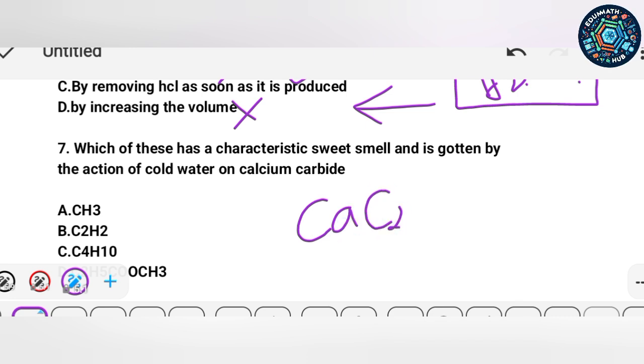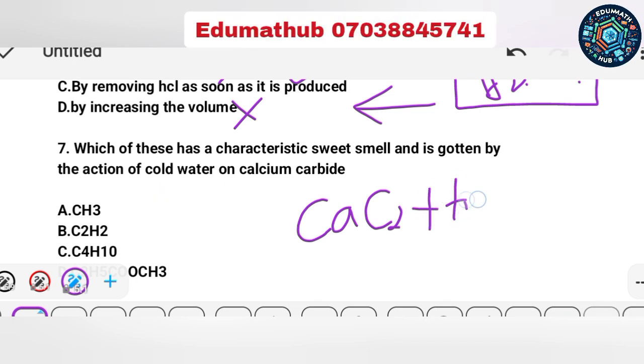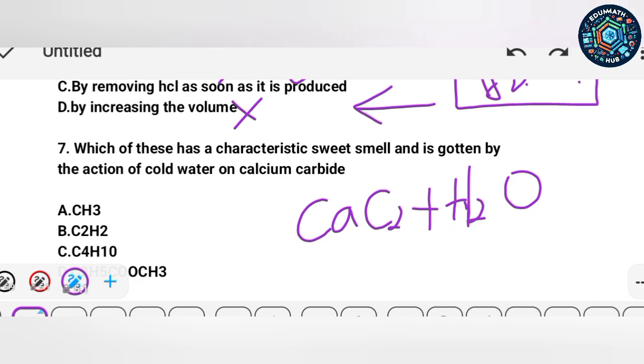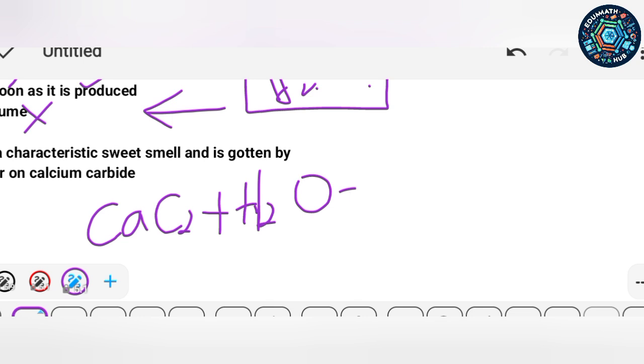That's the formula of calcium carbide. Now, they said action of cold water, as you can see from here. So that means you are reacting this with water. If you react this with water, this is water and this is calcium here. So you're going to have what's called calcium hydroxide first. So that will give you